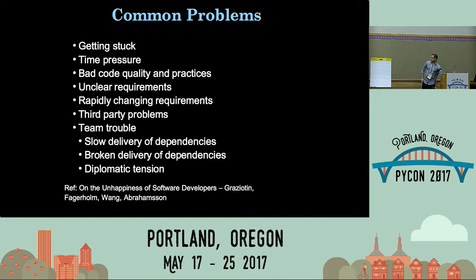But I think all of these are actually delightful because each one is an opportunity. So for example, time pressure. How many of you have given your students an unreasonable amount of time to get something done? Yes. What did you do?